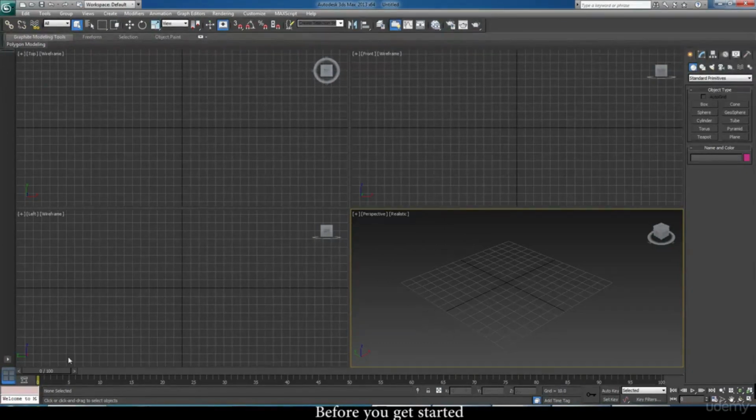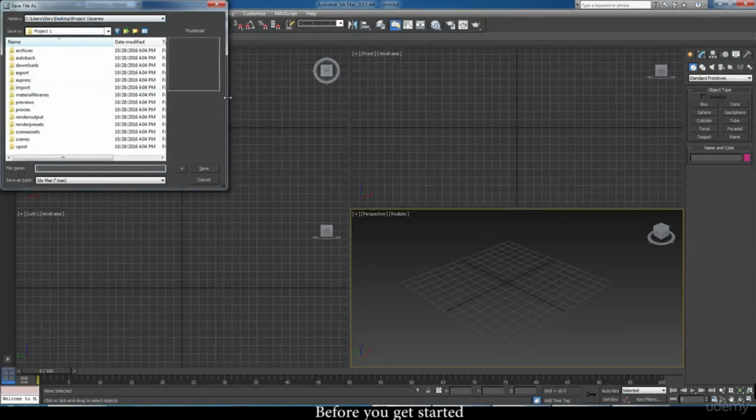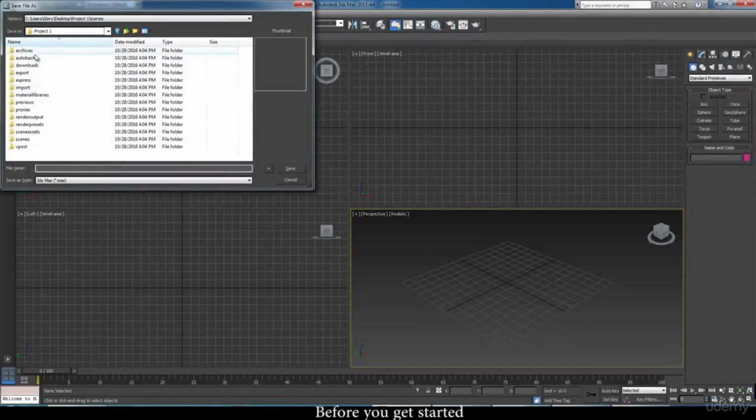Now I'll show you the folder characteristics. Next you have to click on Control S to save your particular screen. So when you do that, look at the history over here, or you can look at the path over here. It is under C users, whatever my PC name is. You have desktop project 1. That is the name we kept just now. So you can check the folder over here. I'll just expand it for you. So these are the default folders that are already created when you make that particular folder. So when you save this particular project, it will go into scenes as a .max file. As you can see here, it's a .max file.